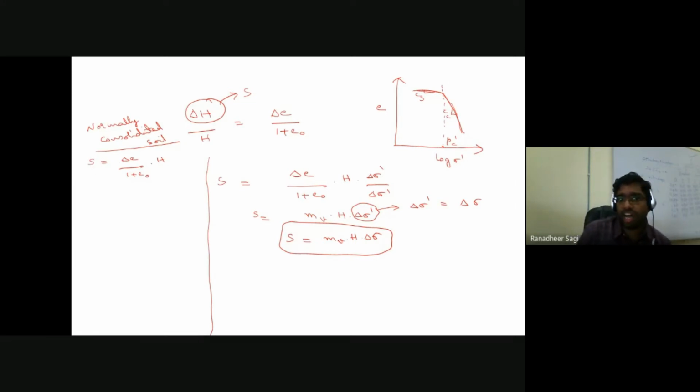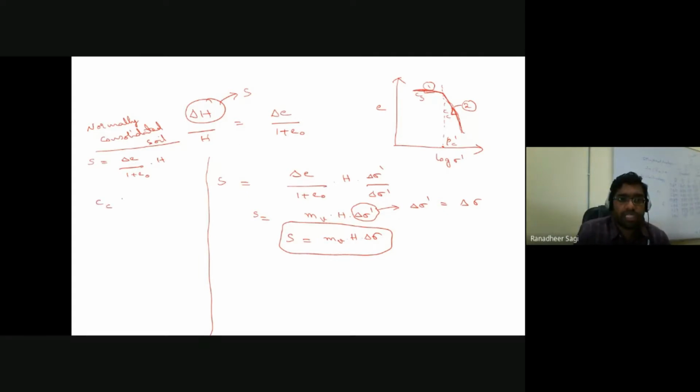Once we say normally consolidated soil, let me say this is the first portion of the curve and the rest of it is the second portion. The first portion corresponds to the over consolidated region of the soil, and the second portion corresponds to the stress levels of the normally consolidated condition. So once I say the soil is normally consolidated, the slope of this curve is represented as the compression index, that is Cc.